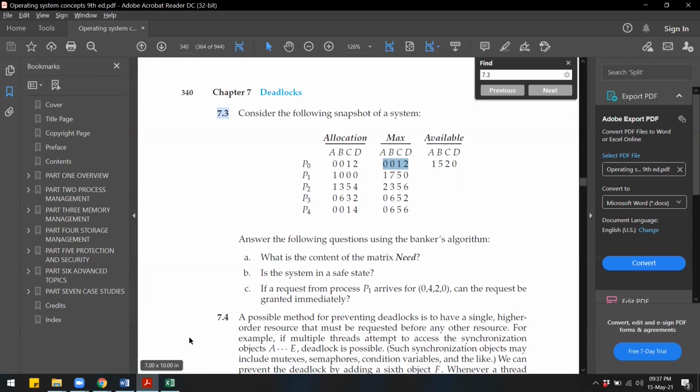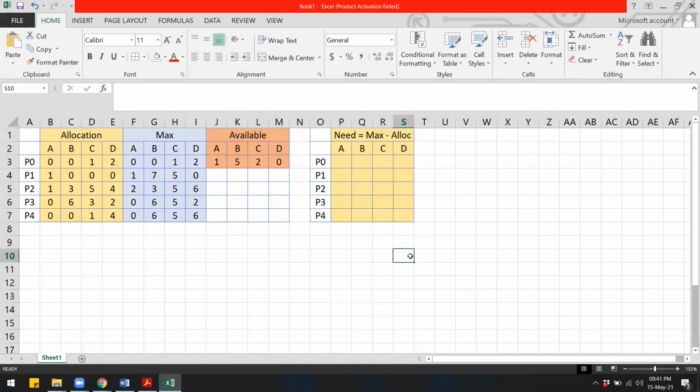So I have copied this table in Excel. To find the need matrix, we will look at each process, and for that process we are going to subtract allocation from the max. So for P0, if you look at the resource A in max, it is 0, and in the allocation it is 0 as well. So 0 minus 0, we get 0. For resource B, maximum is 0, allocation is 0, so need is 0.